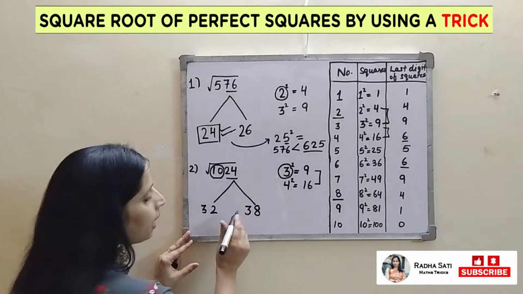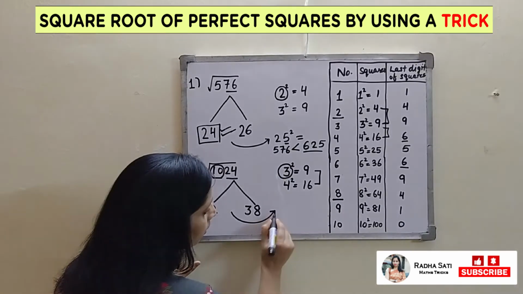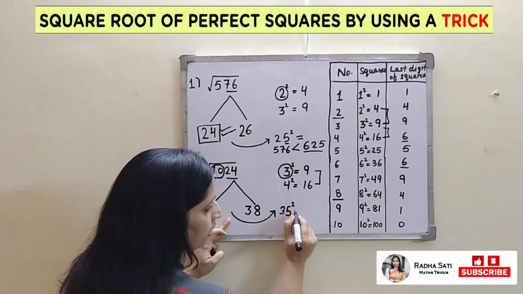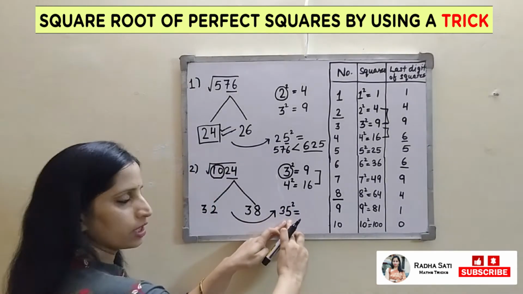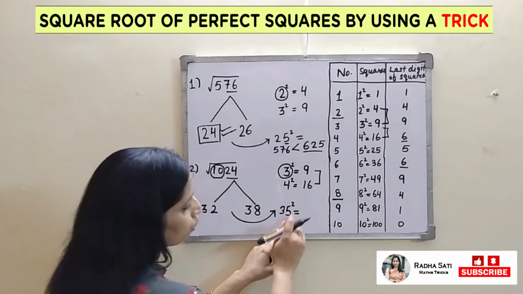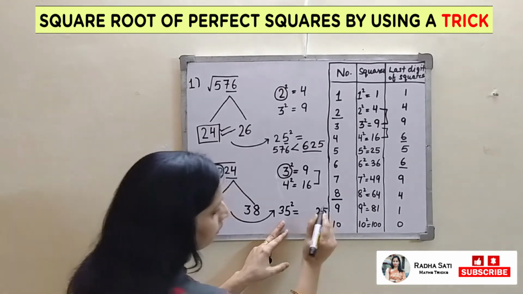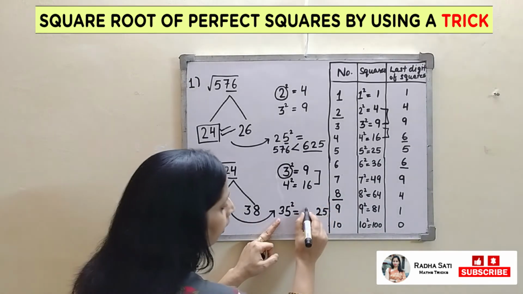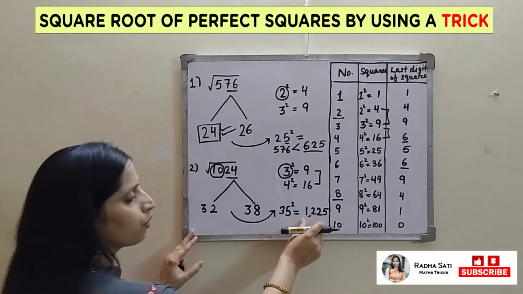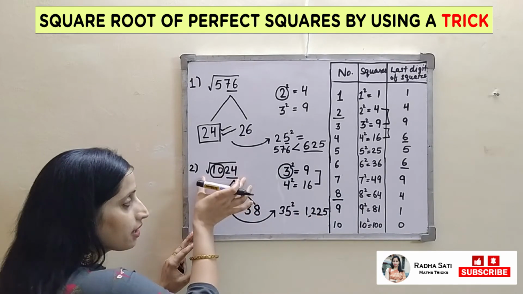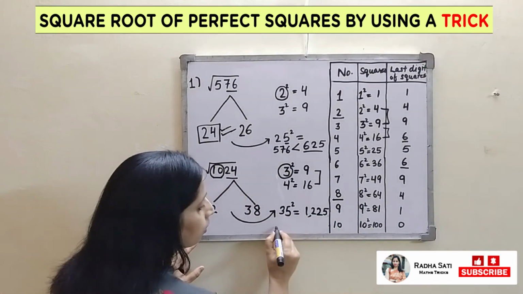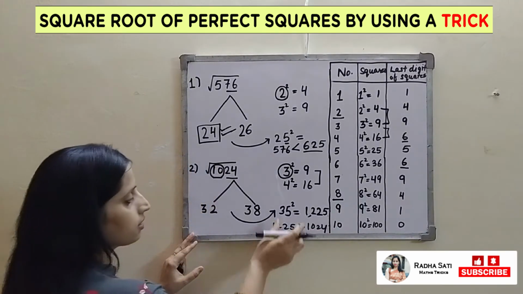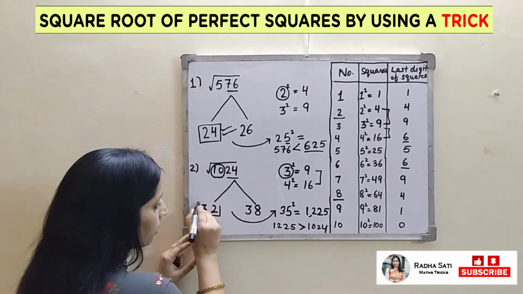So to check what the answer will be, we will check one more square of a number ending with 5. We will check the square of 35. Okay, as I have already told you, it's very simple to find the square of numbers ending with 5. 5 square is 25, and the 3 we will multiply by its successor. 3 4s are 12. So it is 1225, which is greater than this number. This number is greater than this. This means here our answer will be 32.